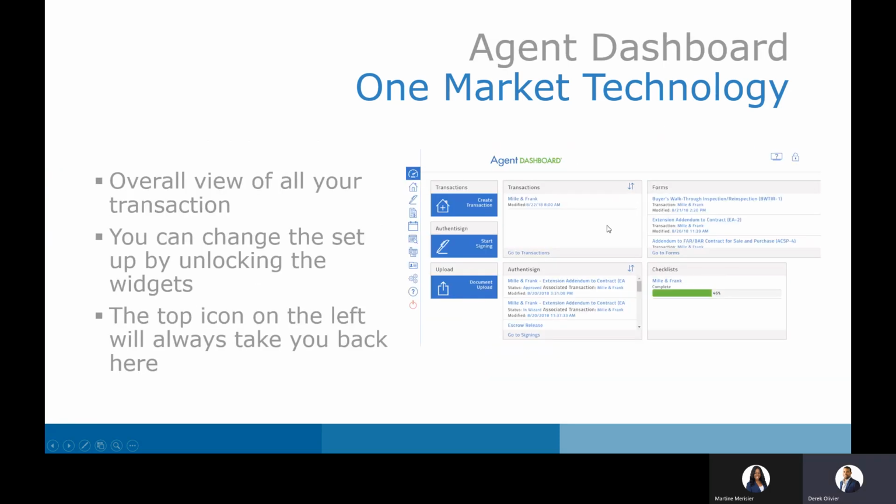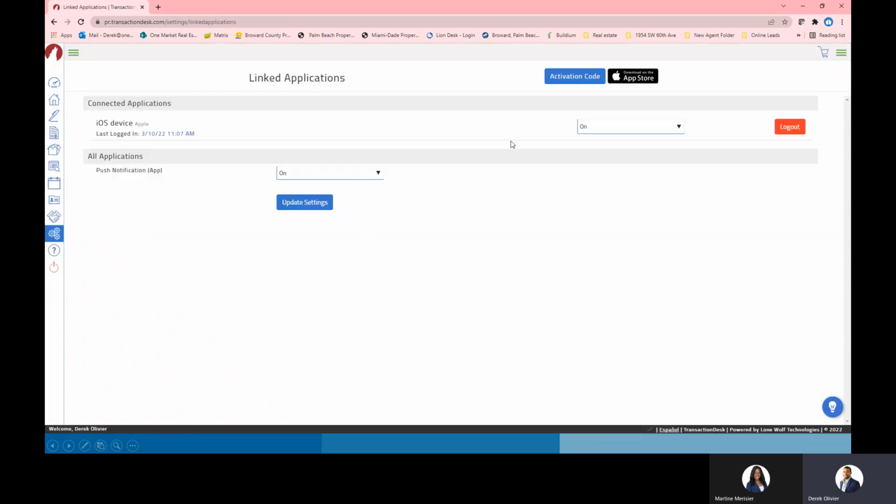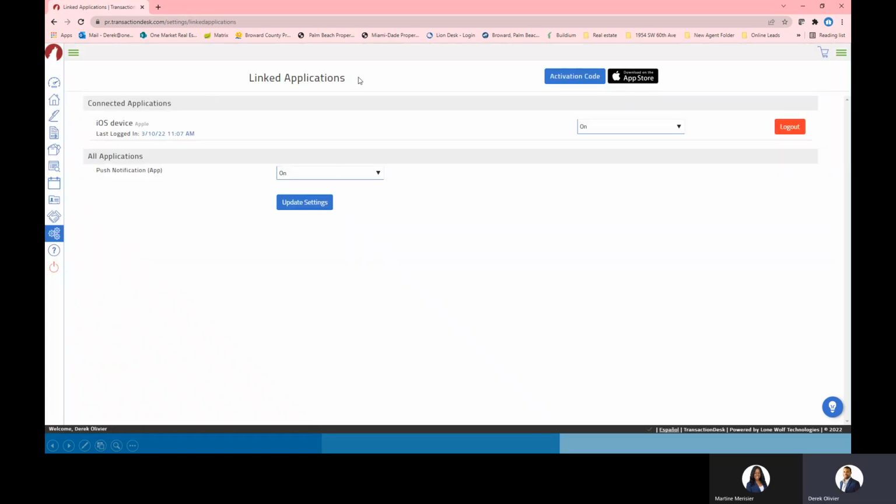The next thing you want to do is link your application. It's actually only really available through the Apple Store. So you want to go to the Apple Store if you have an iPhone and link the account. If you go to settings and then to linked applications, you can download it here, right? And make sure you push the application notice as well, so that you'll get notified with anything happening. Great way to set it up on your cell phone